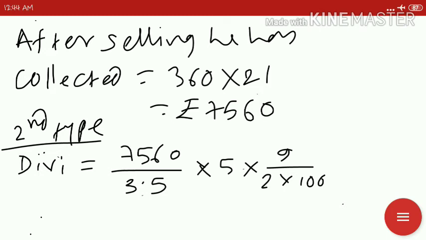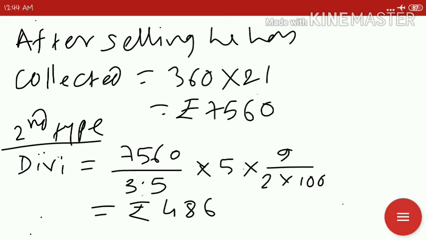You know very well that if the fraction 9/2 is there, the denominator will go to the denominator of the whole and it will multiply with the 100, and if we calculate it you will get rupees 486. So from the previous one he collected a dividend of rupees 432,